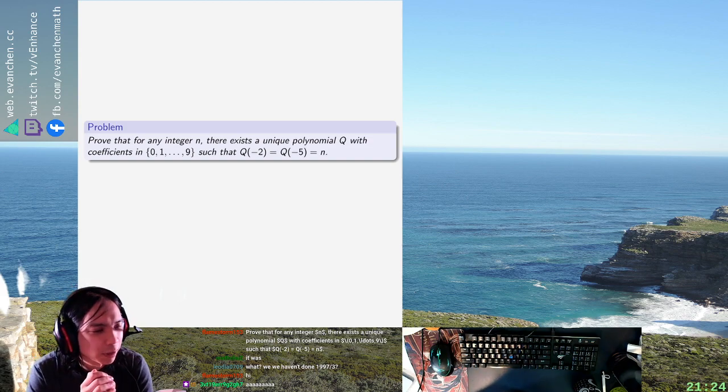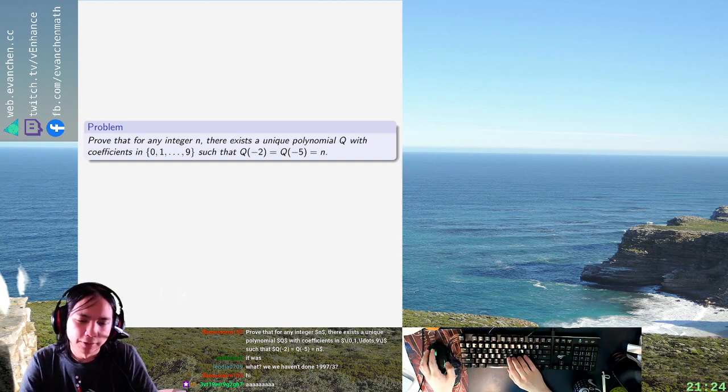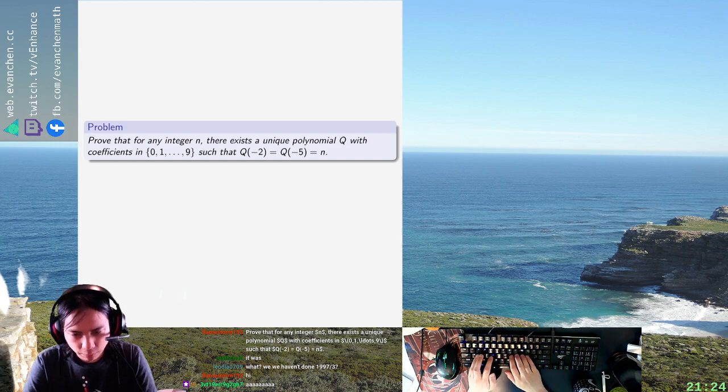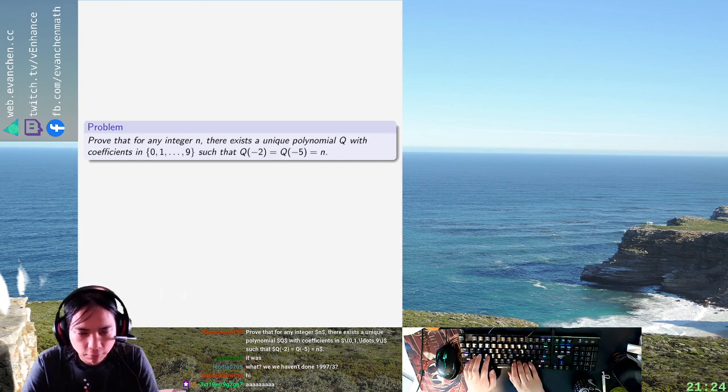So the last time I worked on this problem, I fake solved it because I could show that the polynomial was unique, but I couldn't prove that it actually existed. So here's what we got last time. Last time we were like, okay, well,